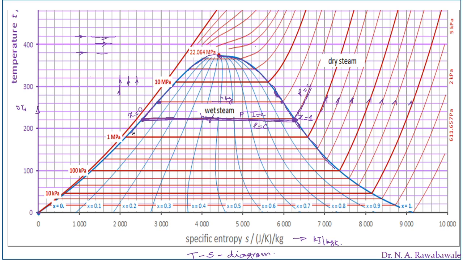So for example, this is the 1 megapascal line. So 1 megapascal is the pressure. So this 1 megapascal line, up to this it remains horizontal from saturated liquid to the dry saturated steam. But after crossing this dry saturated steam line, this curve takes this vertical or ascending path, and the 1 megapascal pressure line is shown here with the rising trend, whereas the temperature line continues to be horizontal even after this dry saturated steam curve.